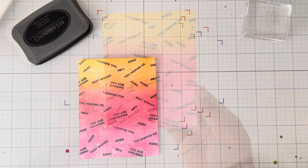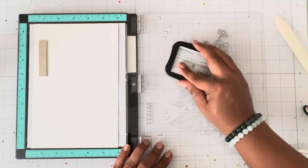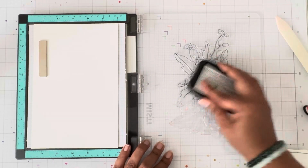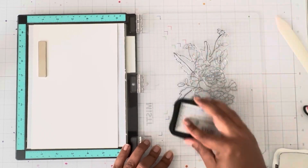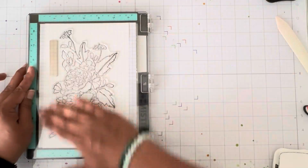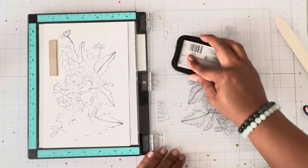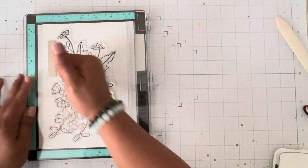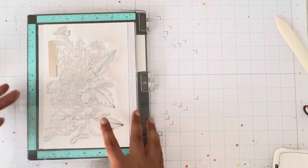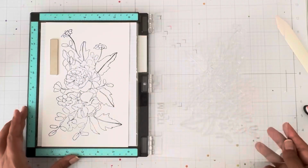So now I'm just going to move on, and I'm going to pull out my stamping platform, the MISTI, to stamp this giant image because I don't have a block that's this size. And so I'm just inking up my giant stamp there. And it's a good thing that I used the MISTI because look at the way that it turned out there the first time. If you were using a block that was that big, you would have to line it up over there again. And so the MISTI is just a very handy tool to have when you're doing giant stamps